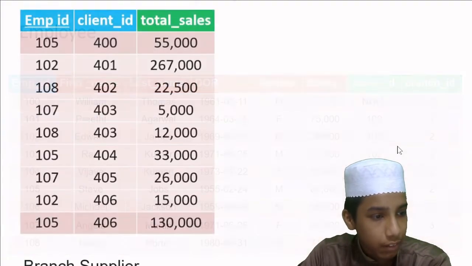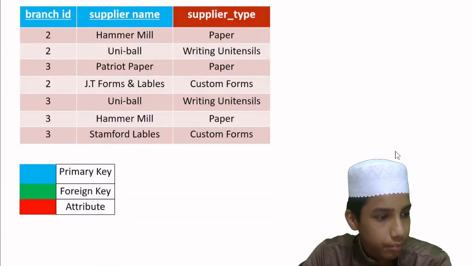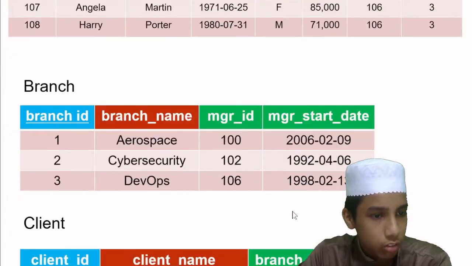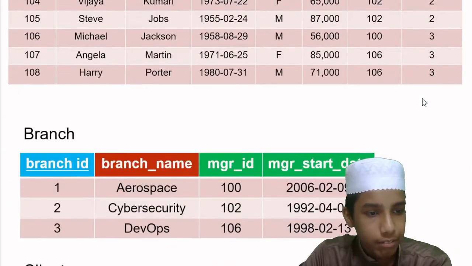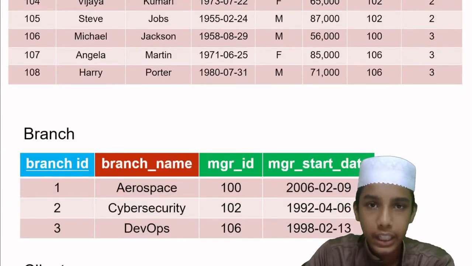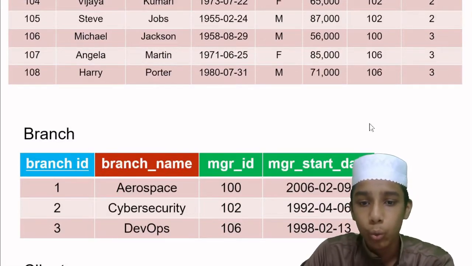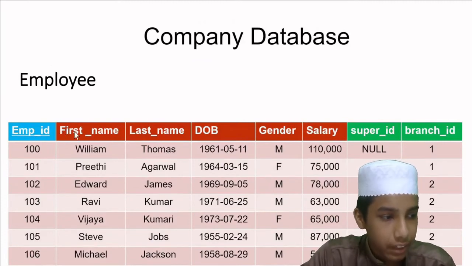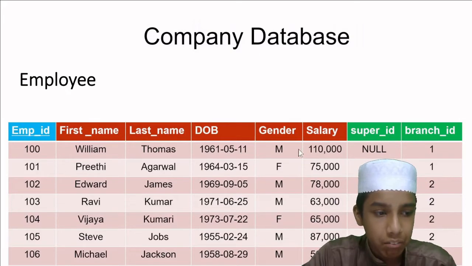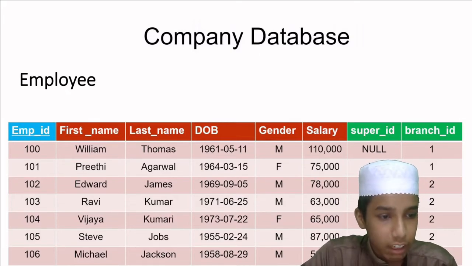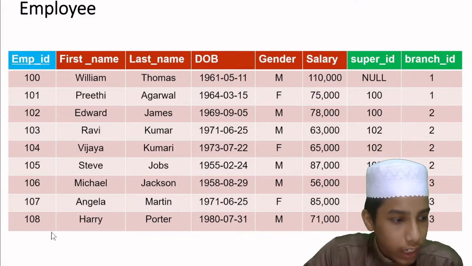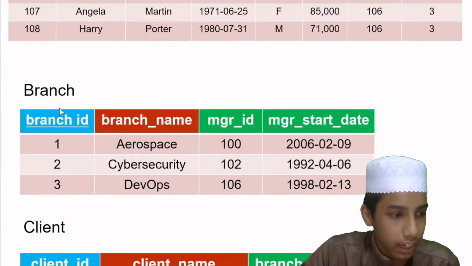So now let's see the manager. We have branch ID, and manager ID is 100. We will be seeing that later on. We can use foreign keys for connecting two tables. We have employee ID, which is the primary key, and the first name, the last name, the date of birth of a person. We have salary, gender, super ID and the branch ID in the employee table. But in the branch table we have